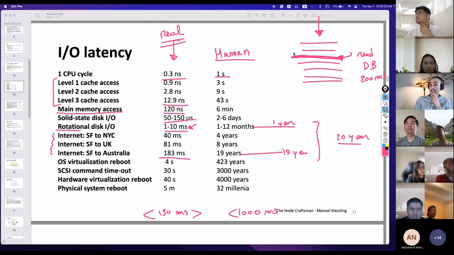However, if I design this code to run asynchronously, I send the request. I need this data. I don't care if it takes 20 years or 40 years. This thread can be allocated a different job. It can serve different requests, different clients, send a response that's ready to be sent, right? So we can take advantage of all this latency that's happening within the CPU. And hence, there was the design of Node